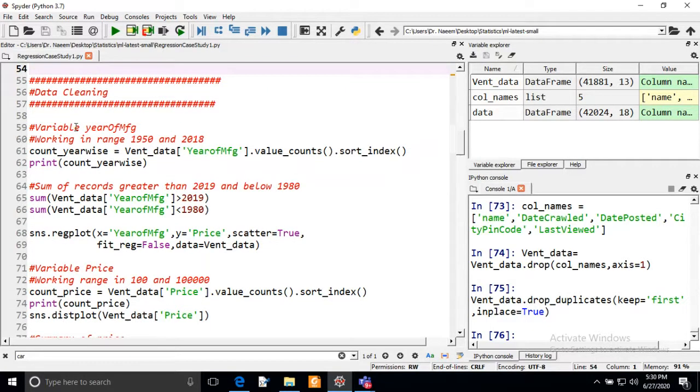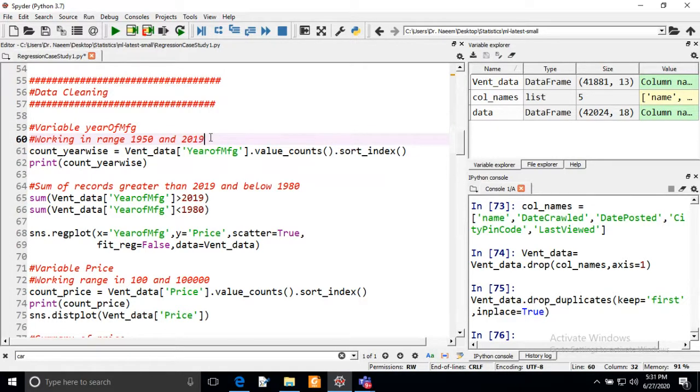Now we are working on the year of manufacturing, and we will see what range we can keep in our data so that we can make a generalized model. That will help you to predict the cost of the ventilators. So now, the variable year of manufacturing we are working with, and we will check whether this range will work.